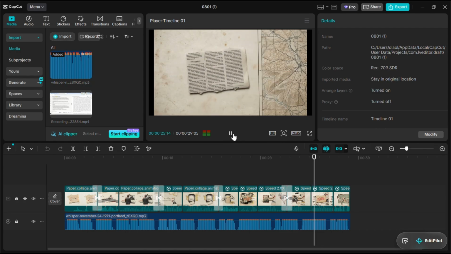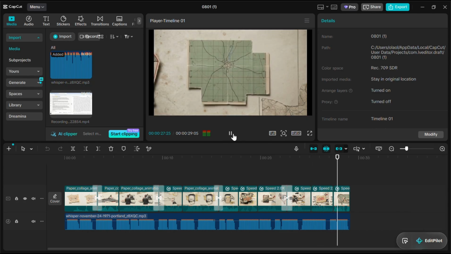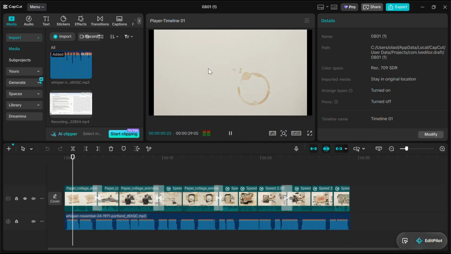The FBI searched for 45 years. The parachute has never been found. November 24th, 19